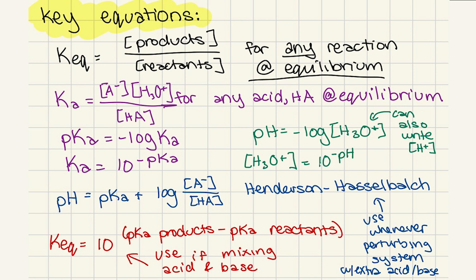But you can do this for any sort of reaction, including the dissociation of an acid. And when we do this for the dissociation of an acid, then we call it our Ka. So our Ka is going to be equal to the concentration of our conjugate base times the concentration of protons, divided by the concentration of our acid. We typically abbreviate this generic acid HA and its conjugate base A-. And then we can write this as H+, or what I typically do is write it as